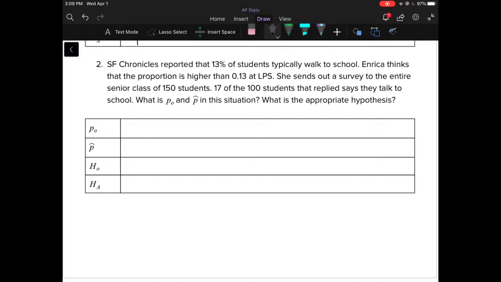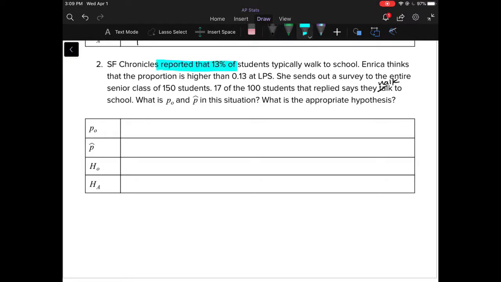Next. SF Chronicles reported that 13% of students typically walk to school. Enrica thinks that the proportion is higher than 0.13 at LPS. She sends out a survey to the entire senior class of 150 students. 17 of the 100 students that replied said they walked to school. What is P naught and P hat in this situation? What is the appropriate hypothesis? Well,